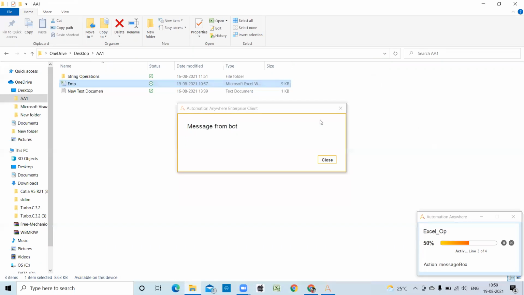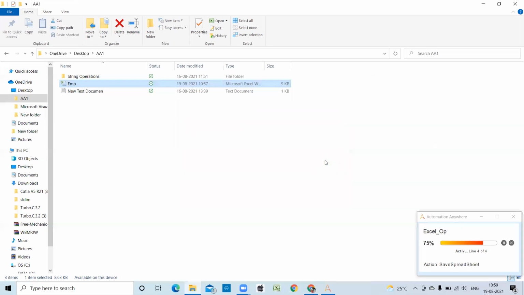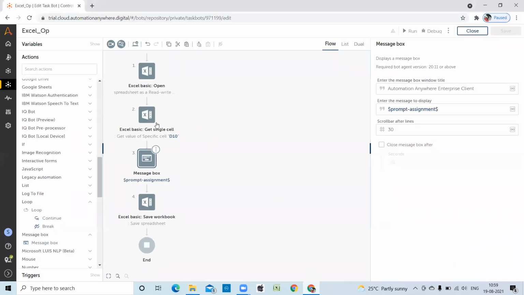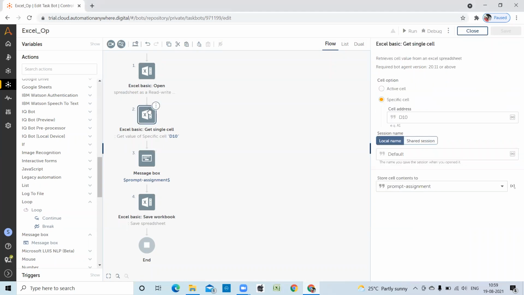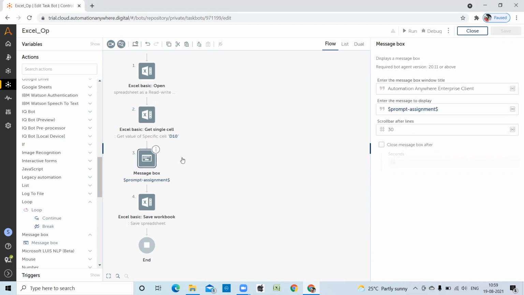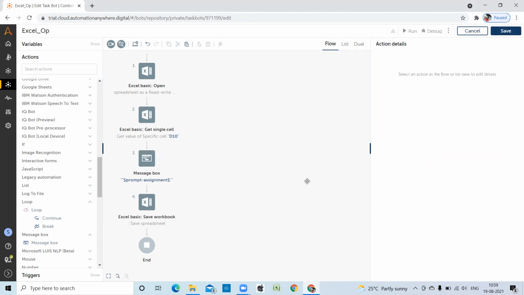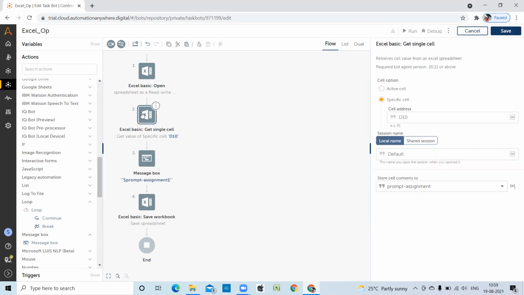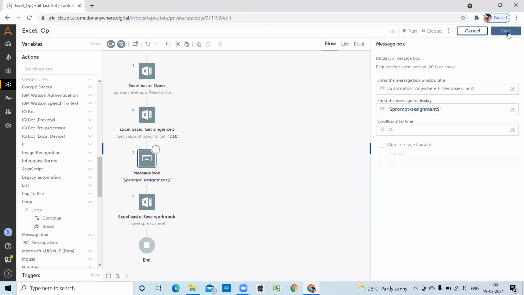Message box. The cell from assignment D10. Go to the message box. New double quotes, D10. Save.